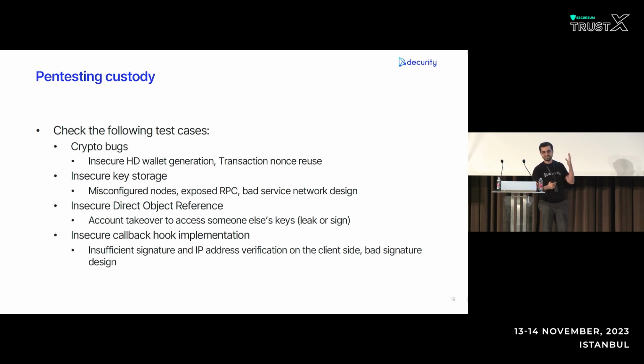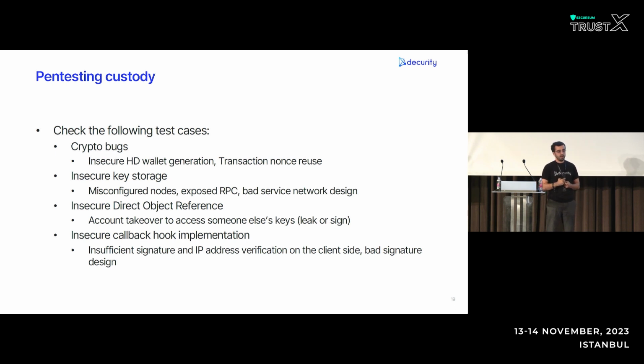Well, for example, there is a bug which is present in all the capture the flag war games, where if the nonce is reused in a transaction, you can recreate the private key. I haven't seen it in the real systems, but anyway, you can check it. So also there can be some common misconfigurations. Of course, they could expose their node with the private keys, and if they're unlocked, then they are